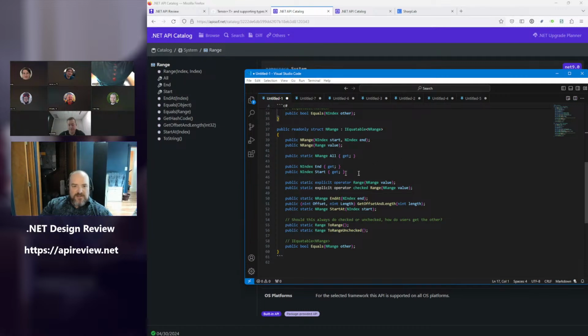And then again, just squaring off Range: All, EndAt, StartAt, the ability to build, GetOffsetAndLength, and then undoing the conversion operations.